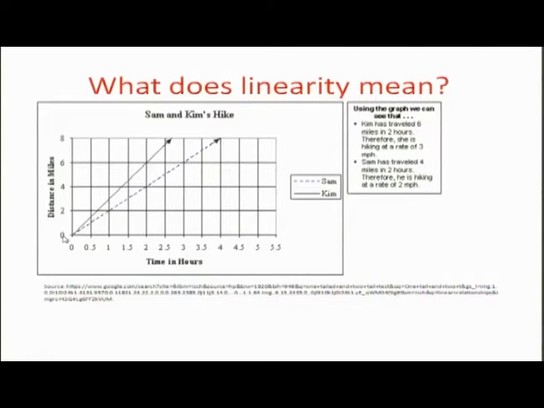Now, when x changes from 0 to 0.5, there is a change of 0.5 in x, and this is the change in y. When x changes from 3.5 to 4, again the same change in x, the change in y is exactly the same as the change between 0 and 0.5. Changes in y, delta y, for given changes in x, say delta x, are the same everywhere irrespective of values of x.